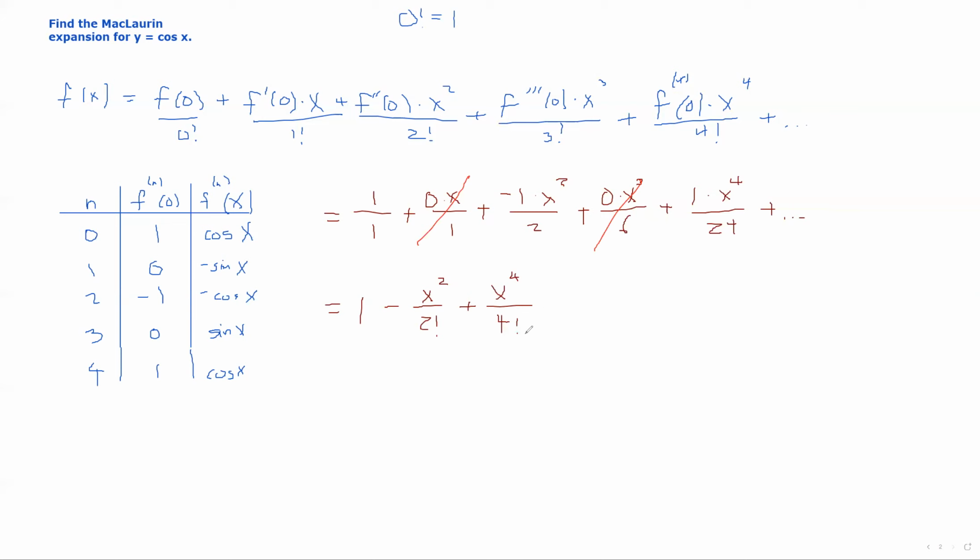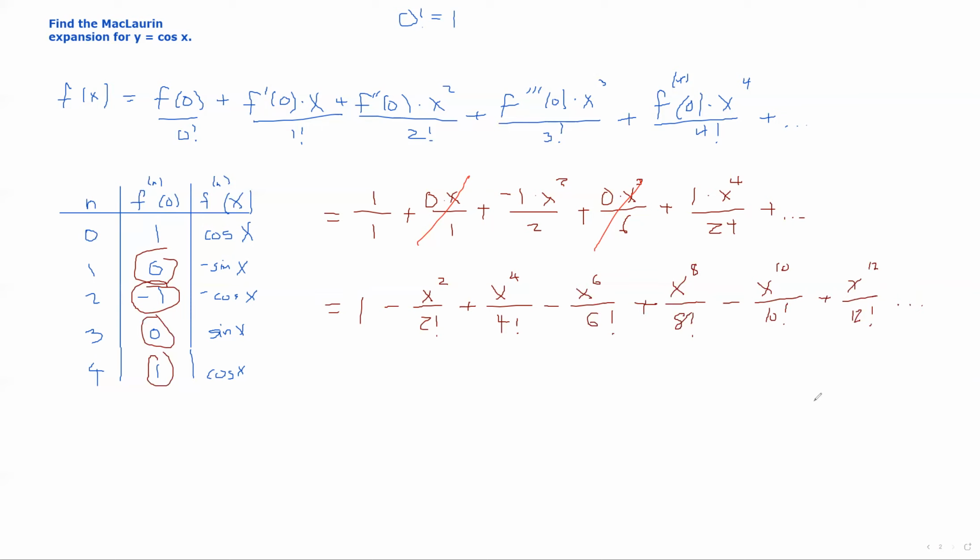And if we had kept going, the x to the fifth term would also be 0 because it would have had the same derivative. The x to the sixth term would have had a negative 1 derivative, so we'll say minus x to the sixth over 6 factorial. X to the seventh would have been 0, x to the eighth would have been 1, so plus x to the eighth over 8 factorial, minus x to the 10th over 10 factorial, plus x to the 12th over 12 factorial, etc. And we're going to keep writing all the even terms,